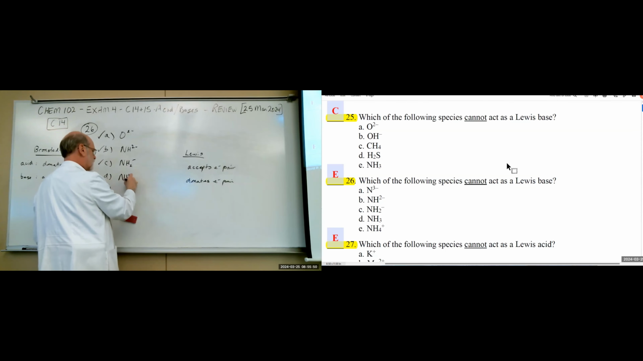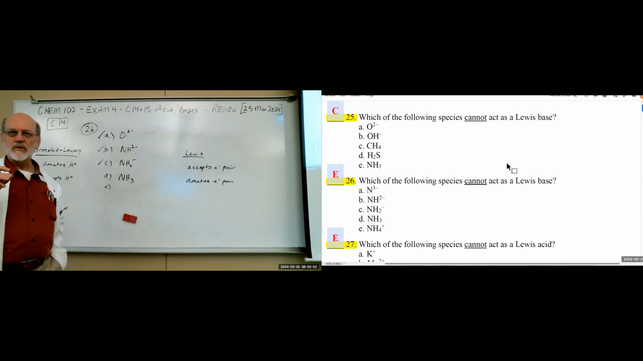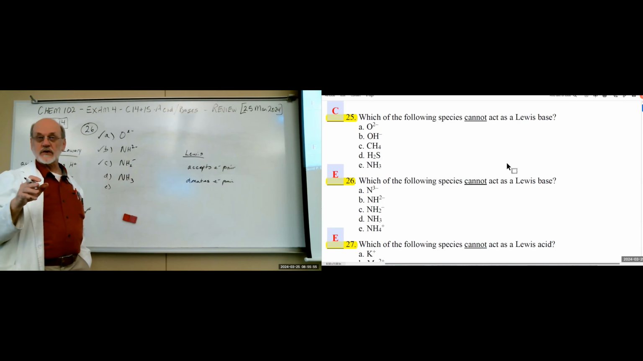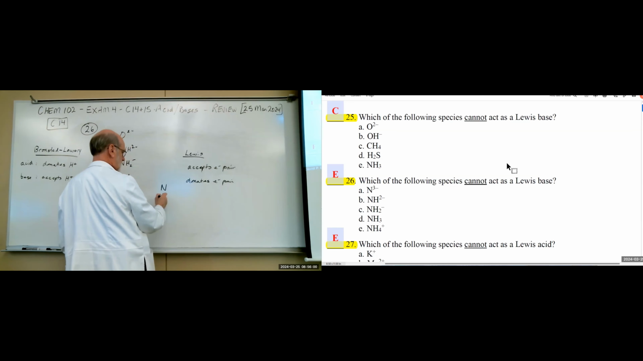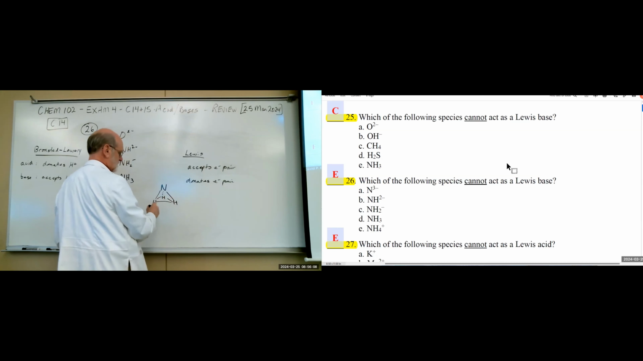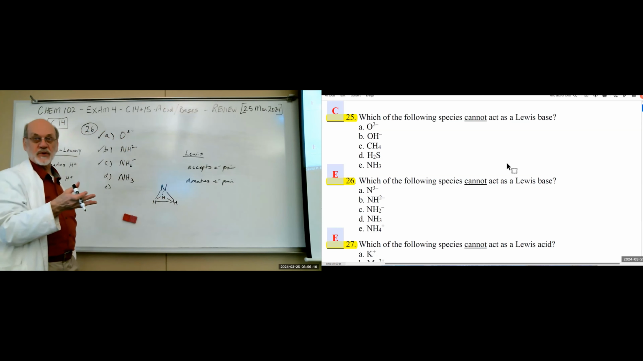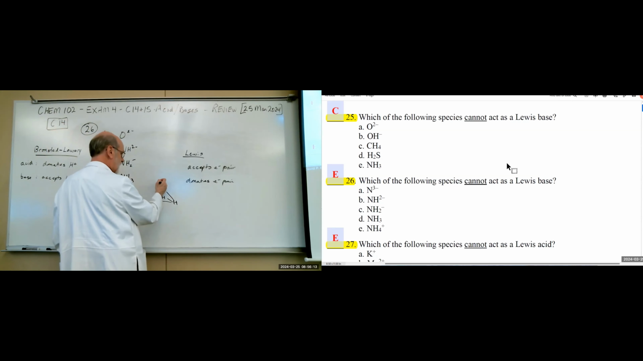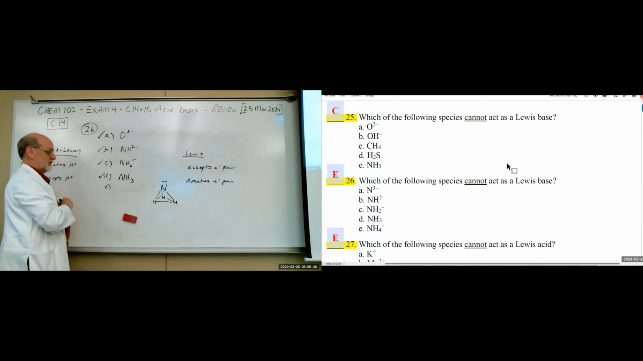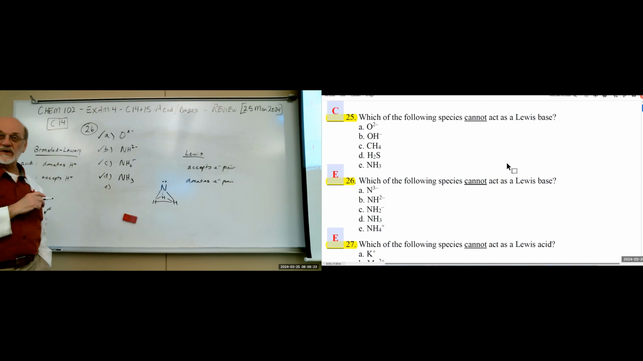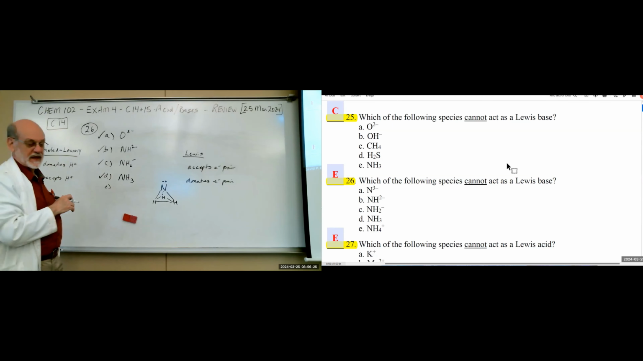How about this one? This one is a little trickier. You have to remember when we drew the Lewis structure for ammonia, what did it look like? Had a hydrogen in the back, had a hydrogen here, right? We're looking at the structure, that trigonal pyramid. But what else did it have? It had a lone pair above that nitrogen. That can be donated. So that's an electron pair that can be donated. That's a Lewis base. And then NH4